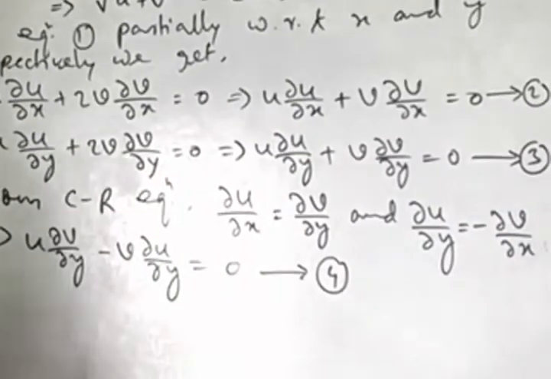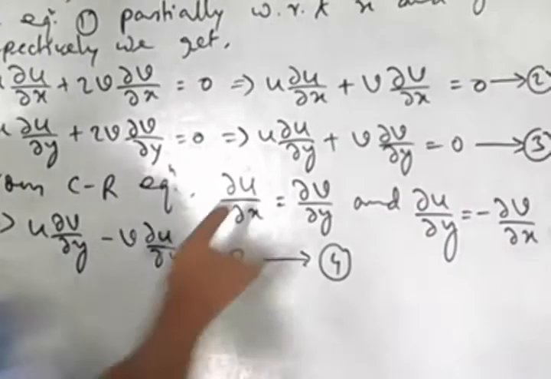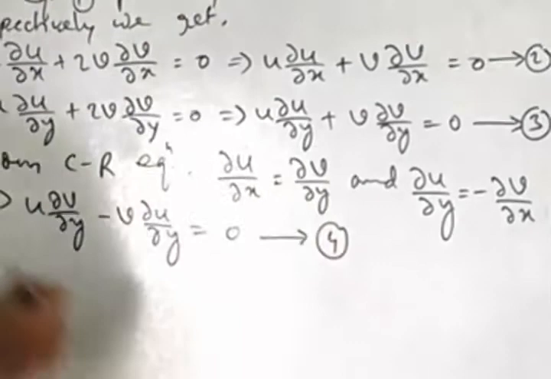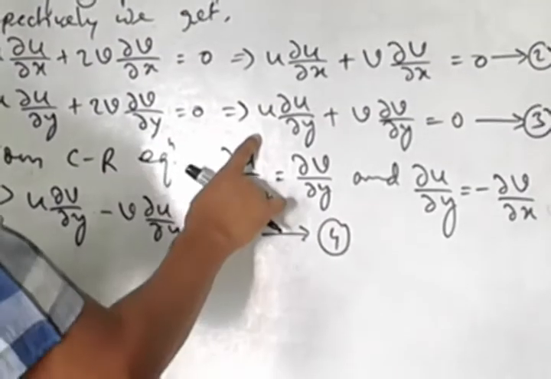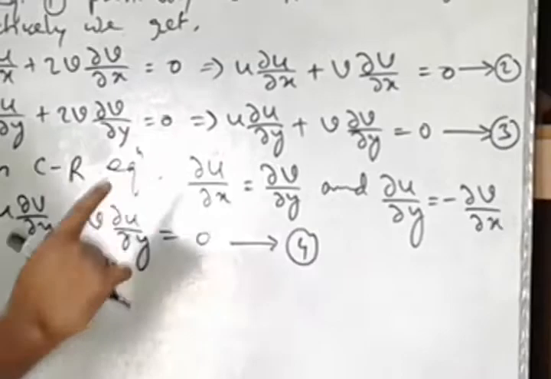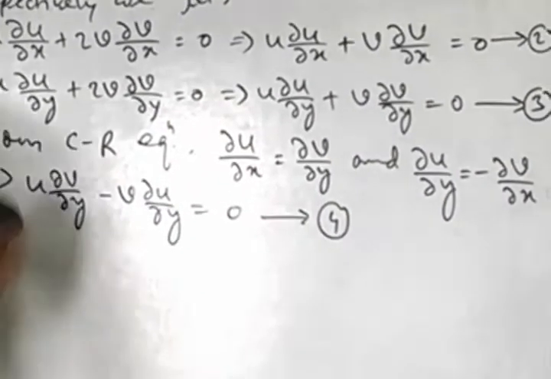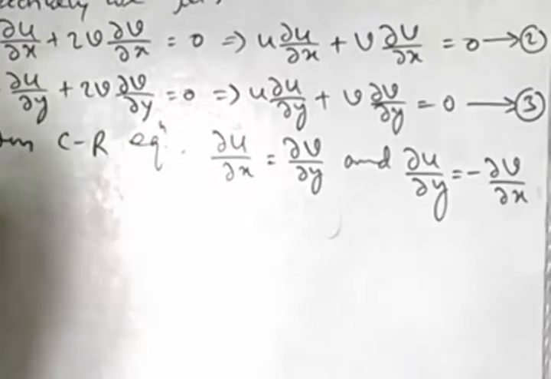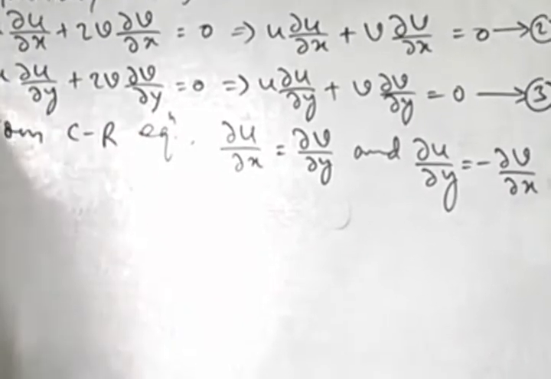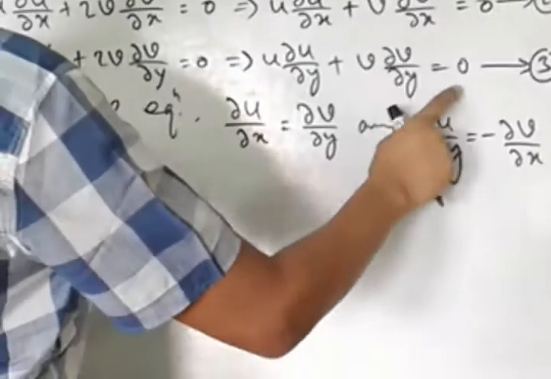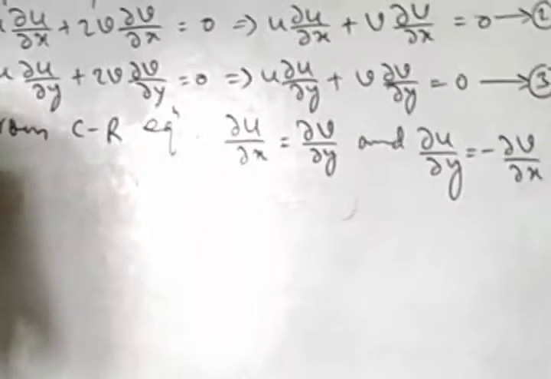Okay. Equation number 3. We can write down this. We can use this. Let us have a correction. By using this CR equation, we can write equation number 3 becomes